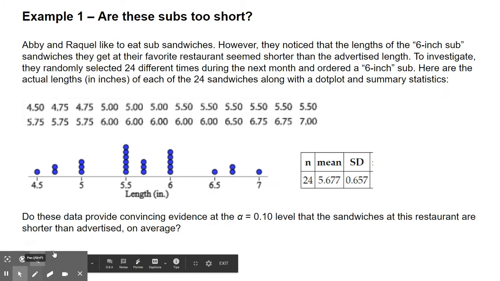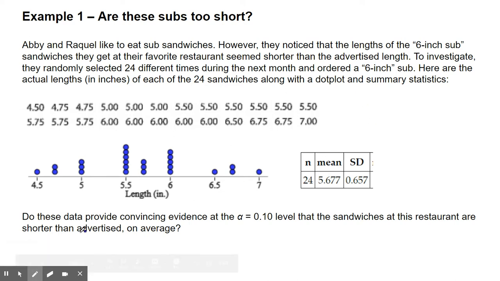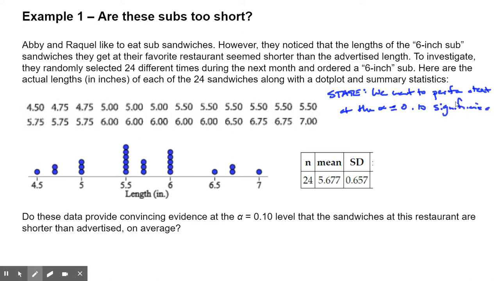Okay, so I have some space to work with. I'll just try to use the space I can. Sorry if it looks clunky. It might just go all over the place. So we're going to state. We want to perform a test at the alpha equals 0.10, that's kind of high, but that's okay, significance level of